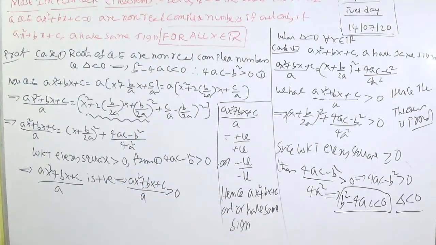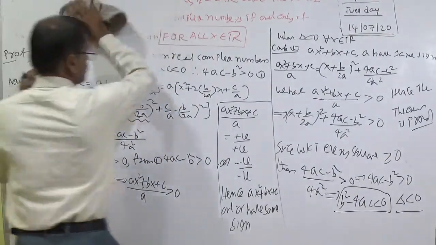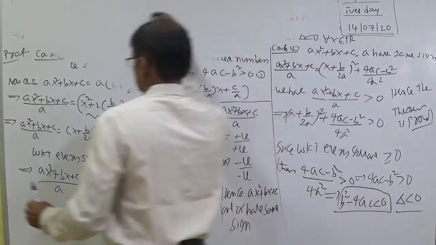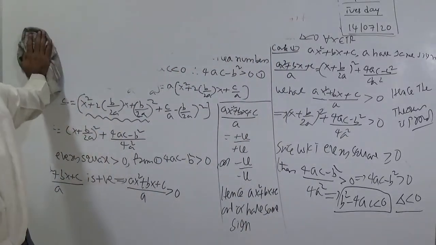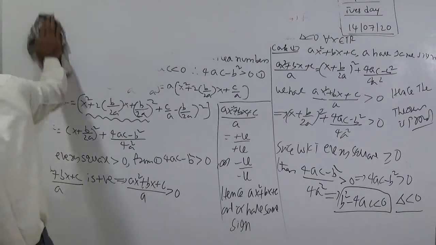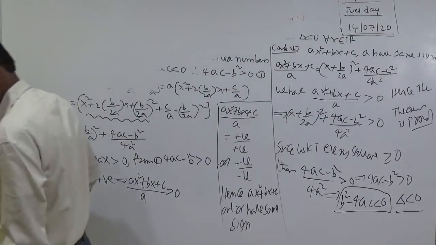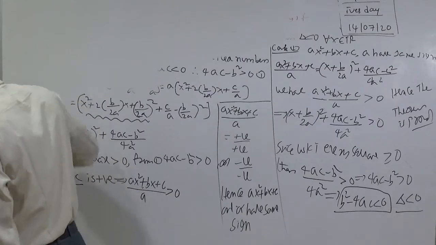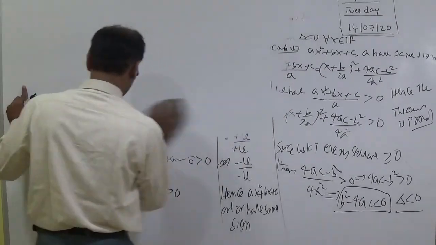Okay, we can write a small point, that is a note, depending upon this theorem. Corollary we can write. He gave it in the textbook as a theorem only. a, b, c belongs to R, a not equal to 0. If the equation has equal roots, then ax square plus bx plus c and a have the same sign for all real x except x is equal to minus b by 2a.